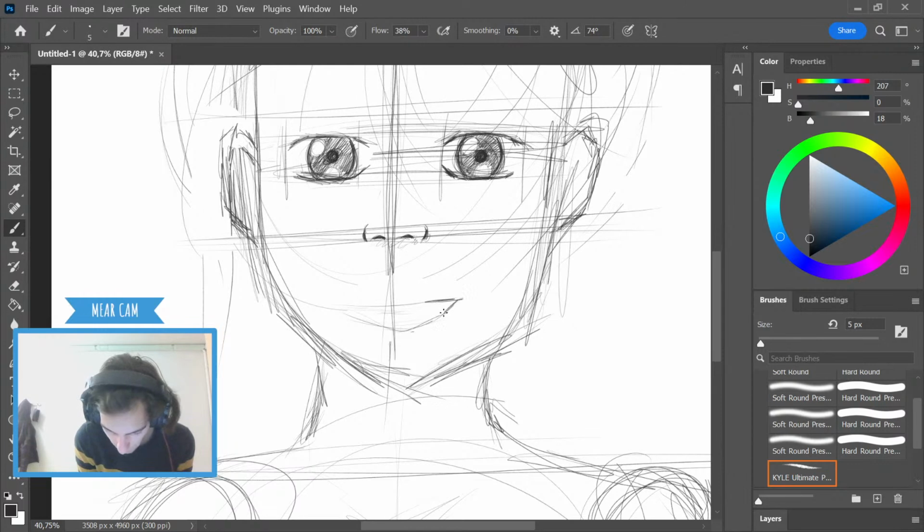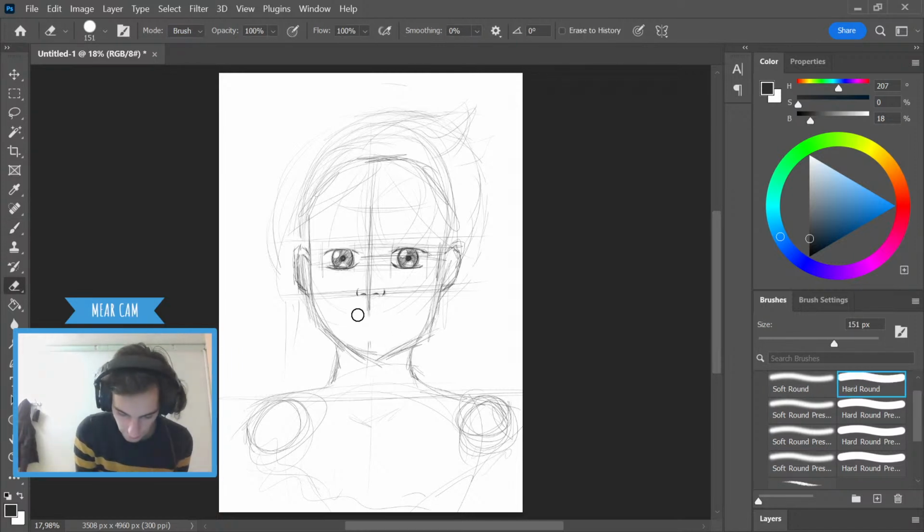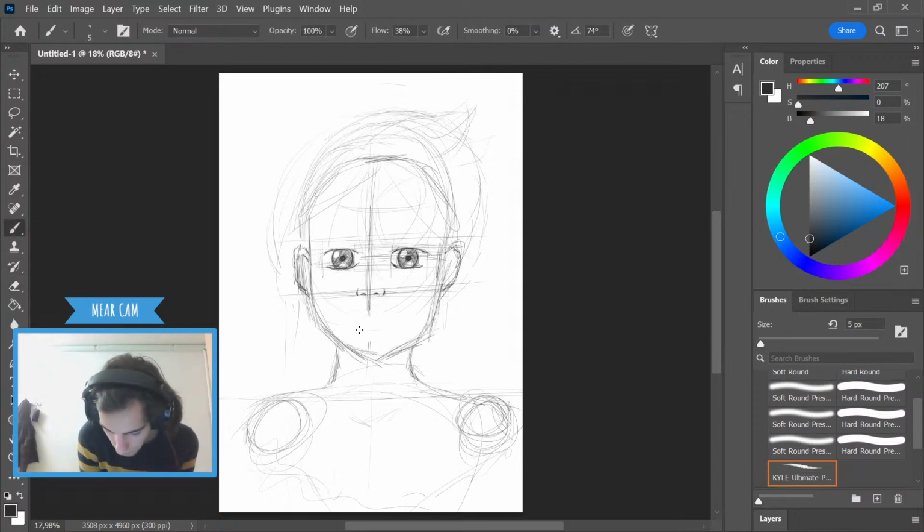And then we accentuate this part. Maybe over here. Let's see. I don't know. I think I like the single line mouth a bit better. Just like